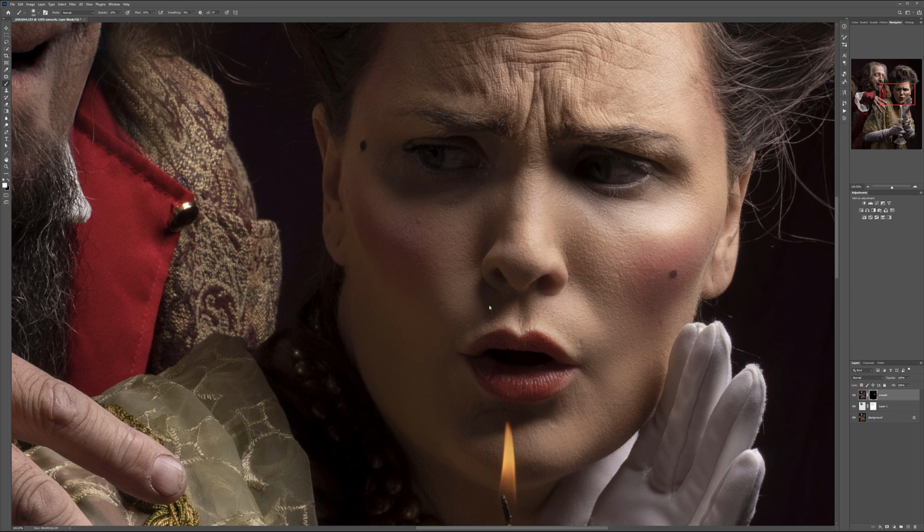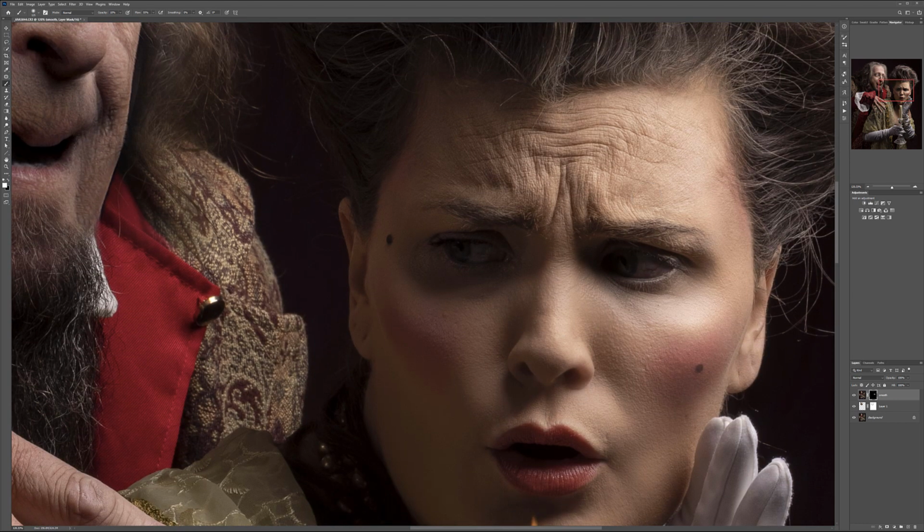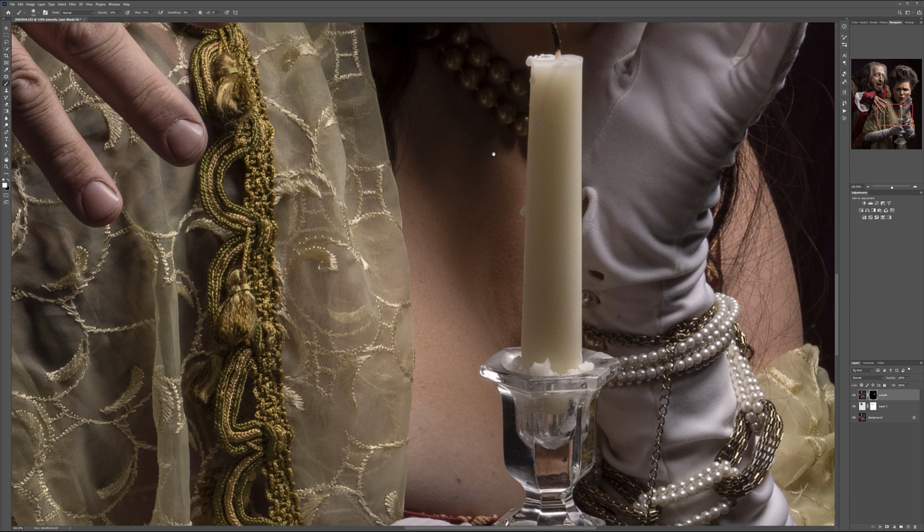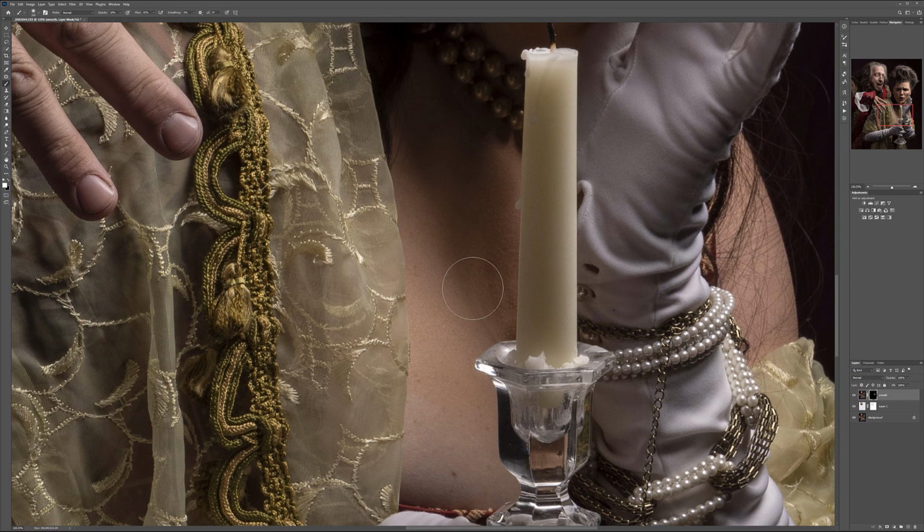I will not use it on the lips. I don't even use it on the eyebrows or hair. It will not look very good at all. This only works very nicely on the skin to make it look a little bit younger and softer. The similar filter, actually the new ones with neural filters, they do a very similar effect, but it does not constrain as well. And again, I like to apply in places by myself, so